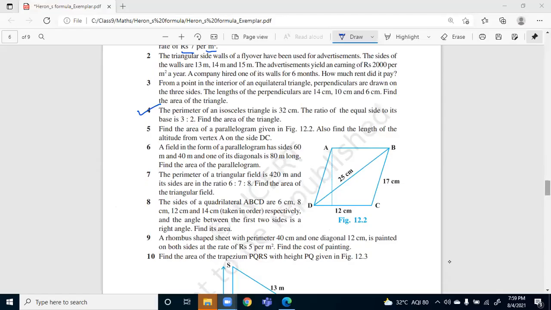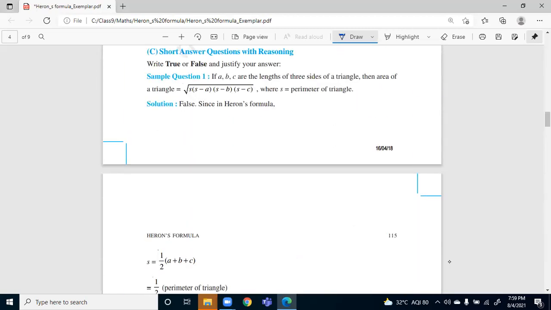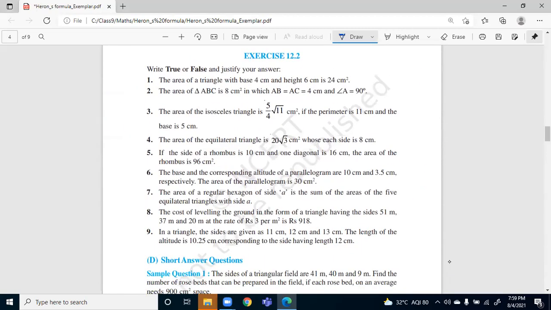So what I want from you people as homework is you can take the picture or you can take the screenshot, whatever is comfortable. I am just tick marking them up. That question you have to solve and put it on the group. This is true, false. Meaning you have to solve it and then check it up. Is it true or is it false?